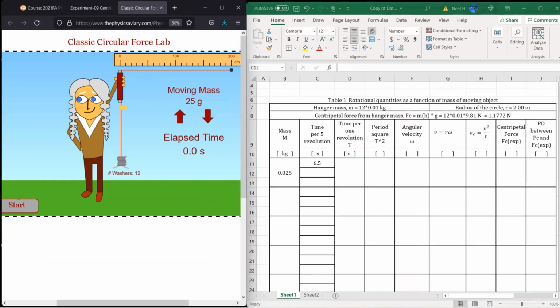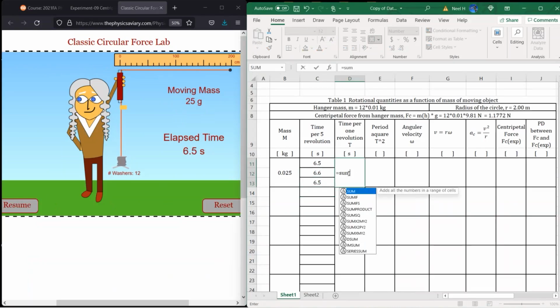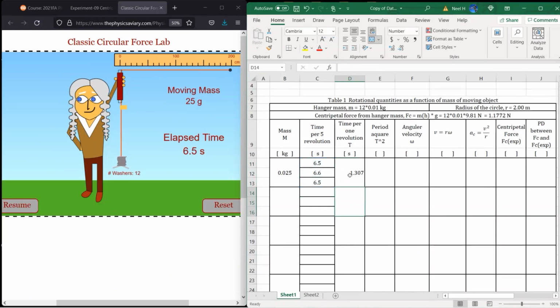Let's check this again. Okay, 6.6. So that's a human error, right? So it seems to be consistent. Seems to be very consistent, 6.5. Then we'll add these three together, sum of all of these three, and then divide by 15. So that's the period of oscillation, about